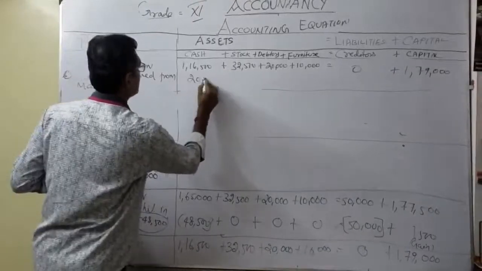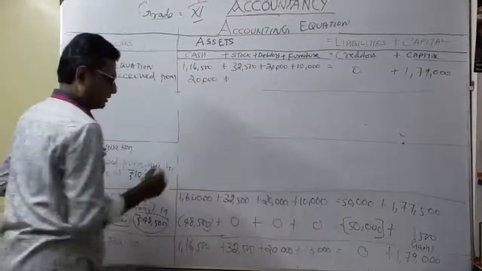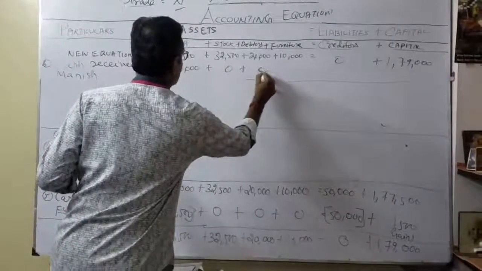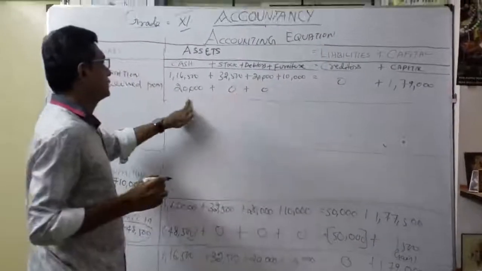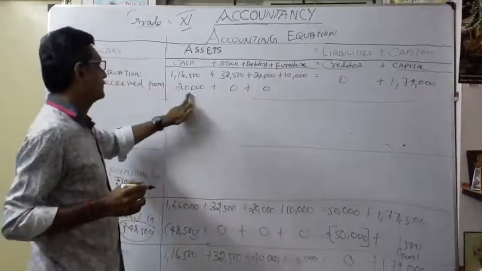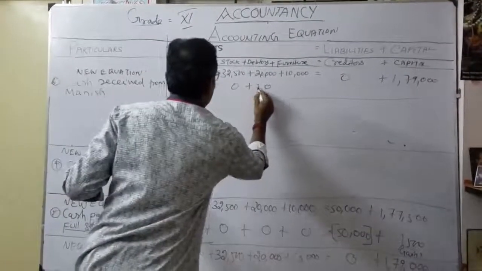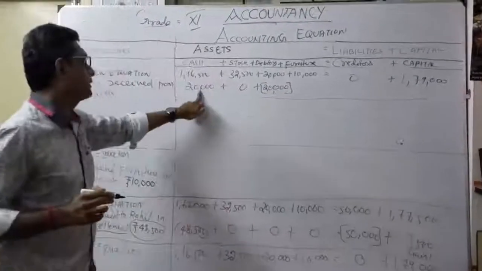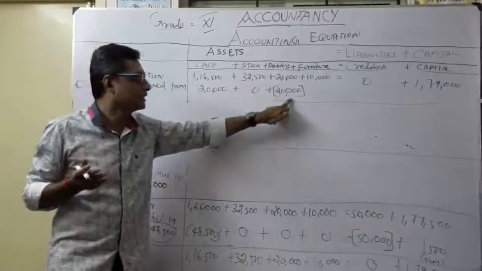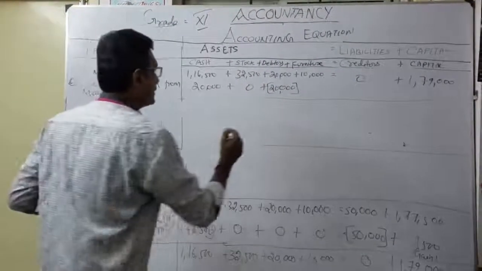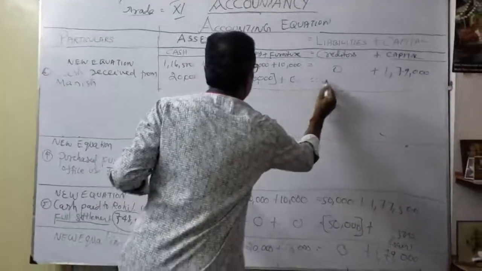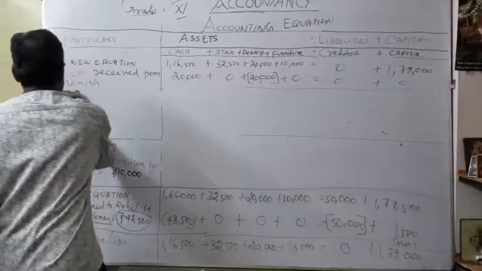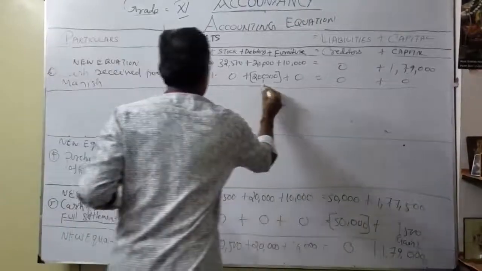Cash 20,000, plus 0. My debtors now become what? 0, because now we got the money. So there are no debtors now. So we got 20,000 here, and my 20,000 I put in the bracket. That's why it becomes nil. So here my cash increased, my debtors decreased. In the accounting equation, this side plus 0, 0 plus 0. Then only you can write the equation.